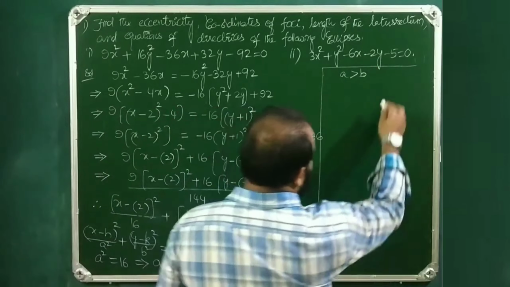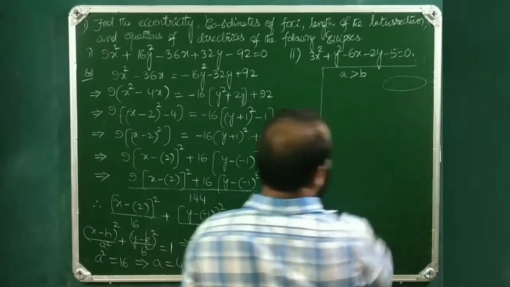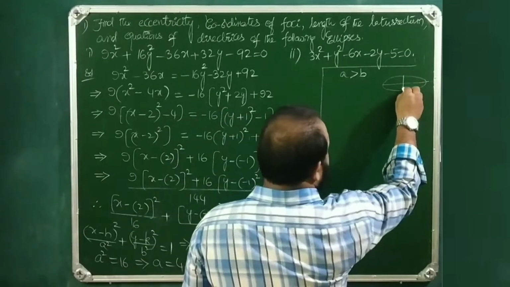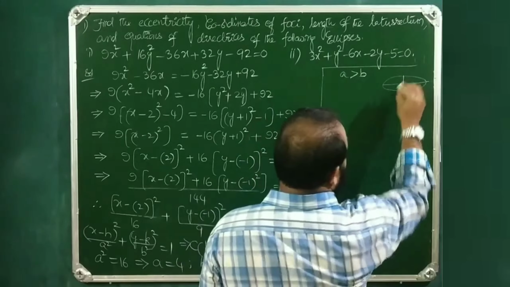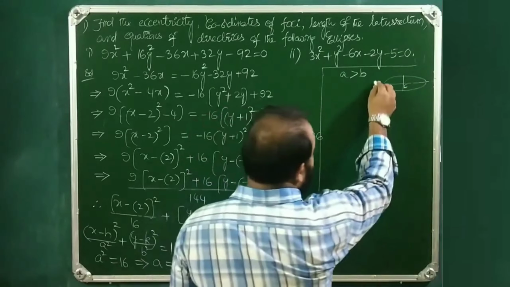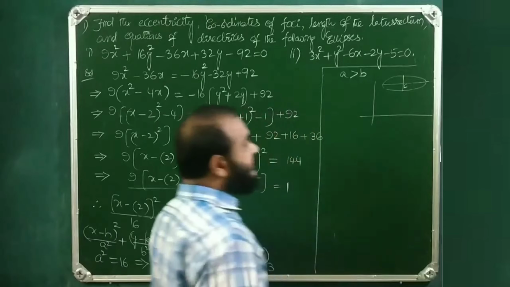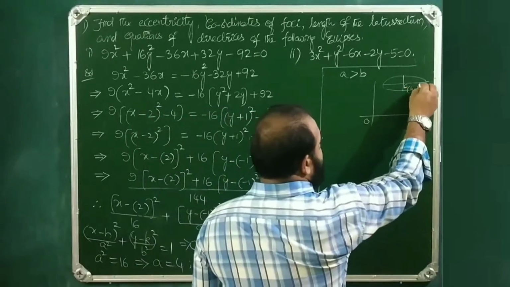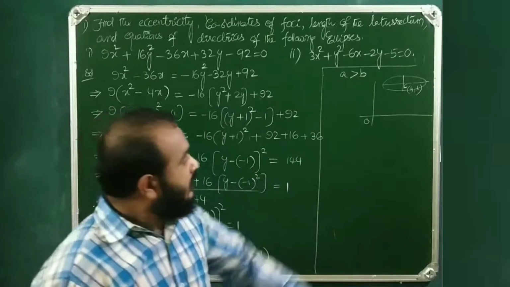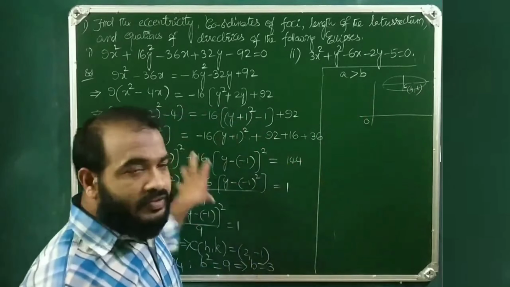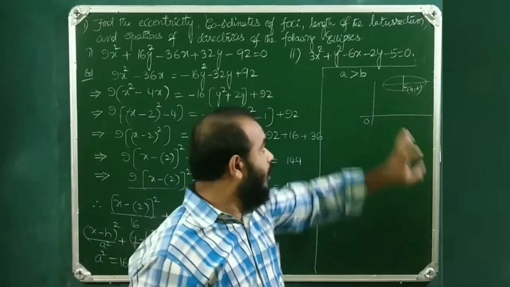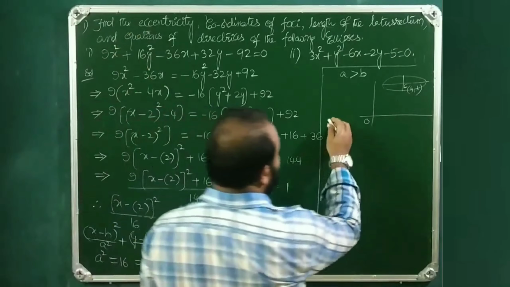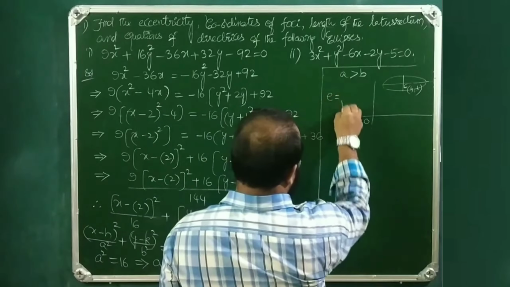That means the ellipse is going to be like this. This is the major axis and this is the minor axis, and the center is not at the origin. The center is shifted. So this is the origin and this is (h, k). Therefore, the ellipse is something of this kind. Now, first of all, what is eccentricity? Eccentricity e is equal to the square root of